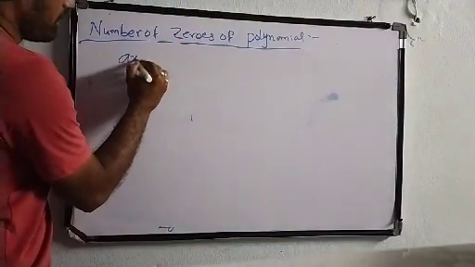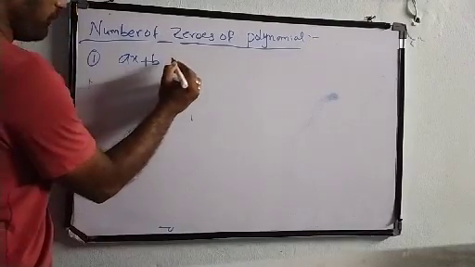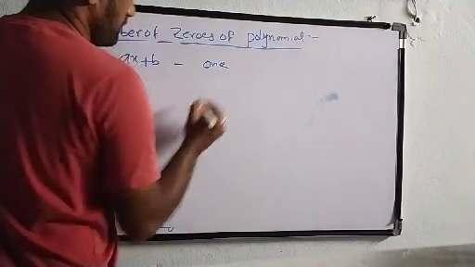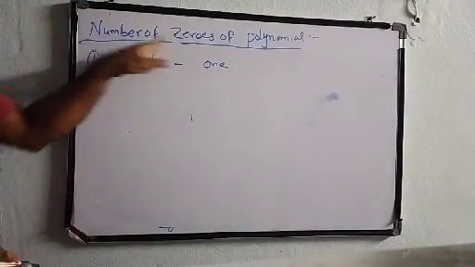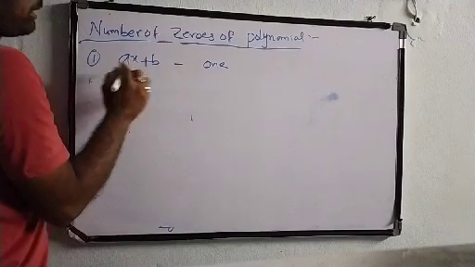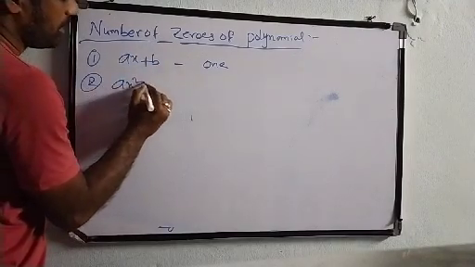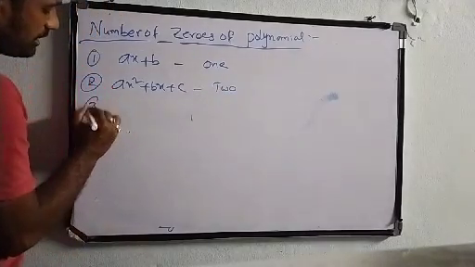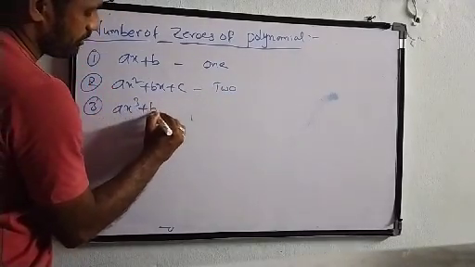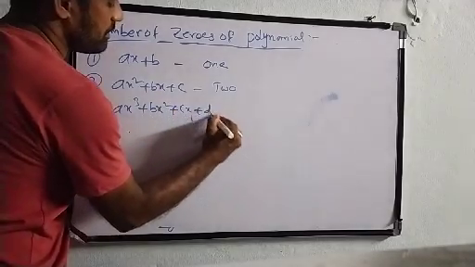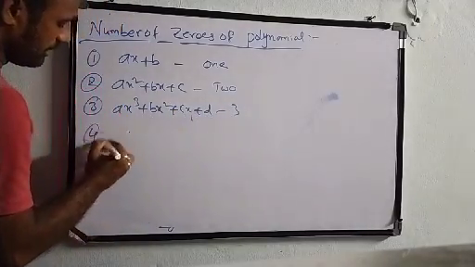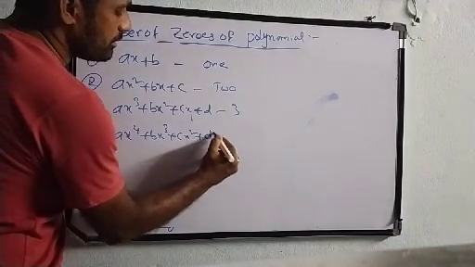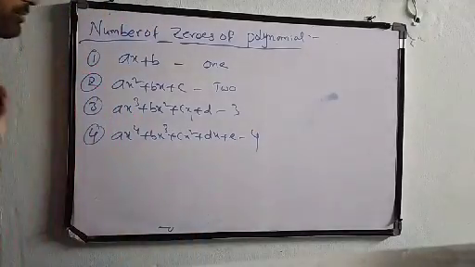So if I take a linear polynomial in standard form, if you observe, the number of zeros will be only 1. We can get only 1 zero. Why? Because the highest degree is 1, so the number of zeros is 1. Depending upon the highest degree we will get the number of zeros. So for a quadratic in standard form, the number of zeros is 2. If I take a cubic polynomial, ax cube plus bx square plus cx plus d, the number of zeros is 3. If I take the biquadratic polynomial, ax to the fourth plus bx cube plus cx square plus dx plus e, the number of zeros is 4.